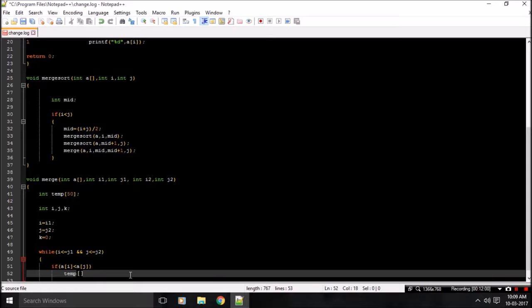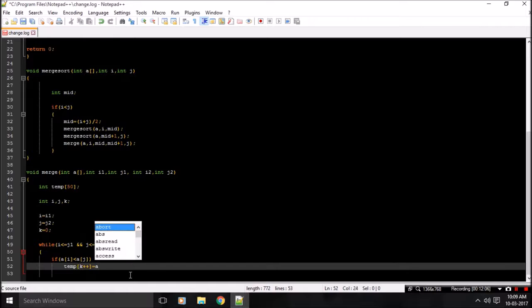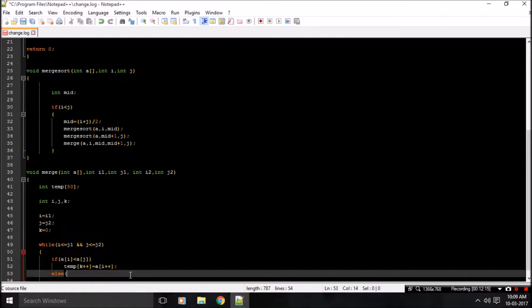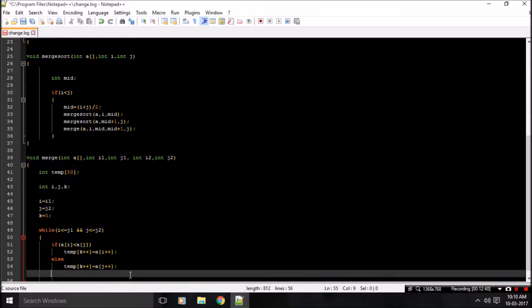temp of k increment and a of i increment, else temp of k increment and a of j increment. So if it satisfies the condition, k is incremented and then i is incremented, or else k is incremented and the j variable is incremented. So we'll close the loop